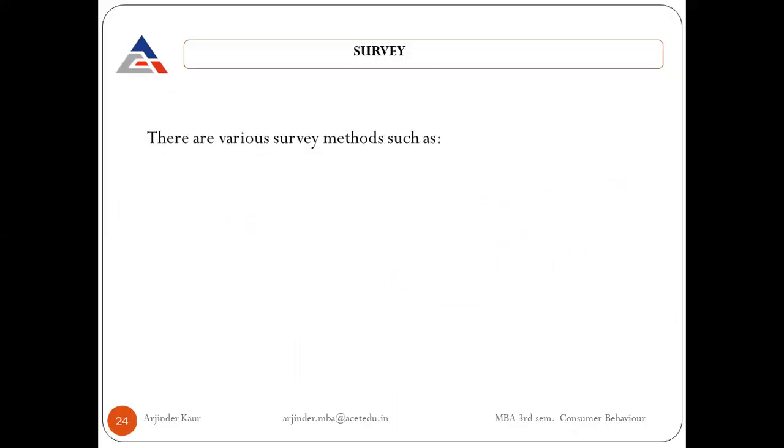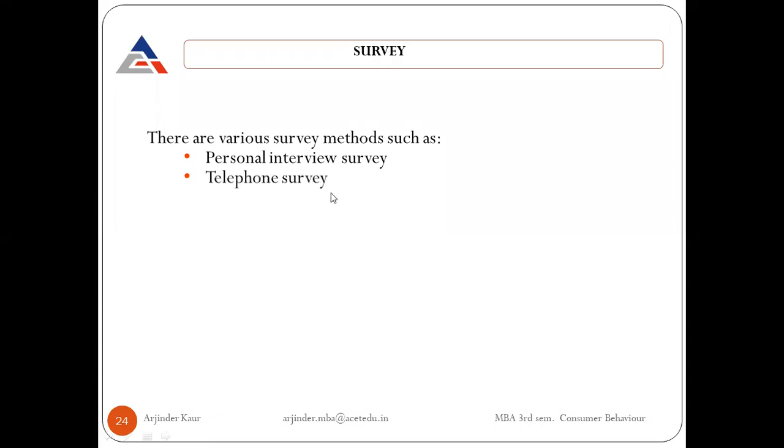The third method that can be used for collecting quantitative data is the survey method. Surveys mean contacting the respondents and getting a questionnaire filled by them. Generally a structured questionnaire is used. A structured questionnaire means a pre-designed questionnaire will be handed over to the people and they'll be asked to fill in their responses. The contact method that can be used for conducting surveys could include the personal interview survey. Here the researcher will visit individual persons one by one and ask the respondents to fill the responses on the questionnaire.